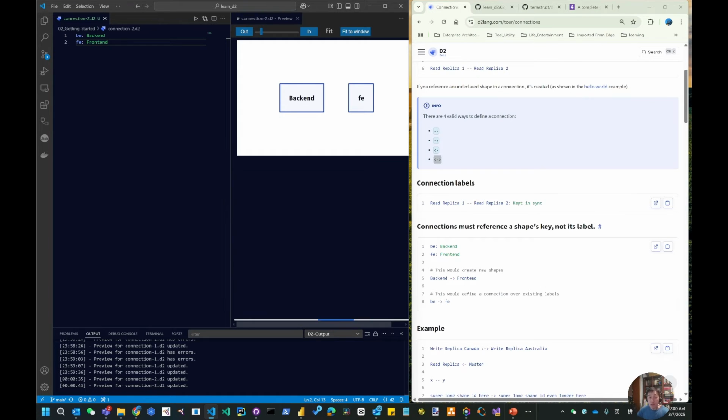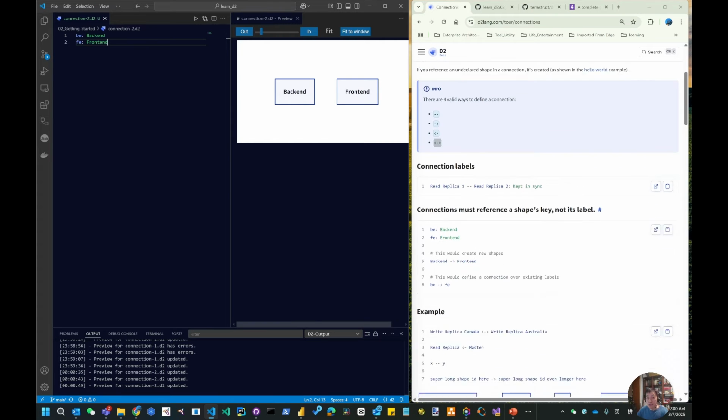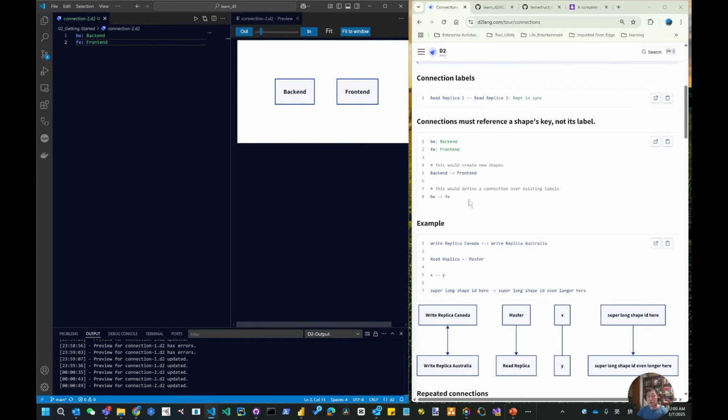The point I mentioned means whenever you want to build a relationship, you should use the key. Key is the left of this column. Label is the right. So here is the sample, I create this also. So this would create new shapes. If I want to create a backend to frontend